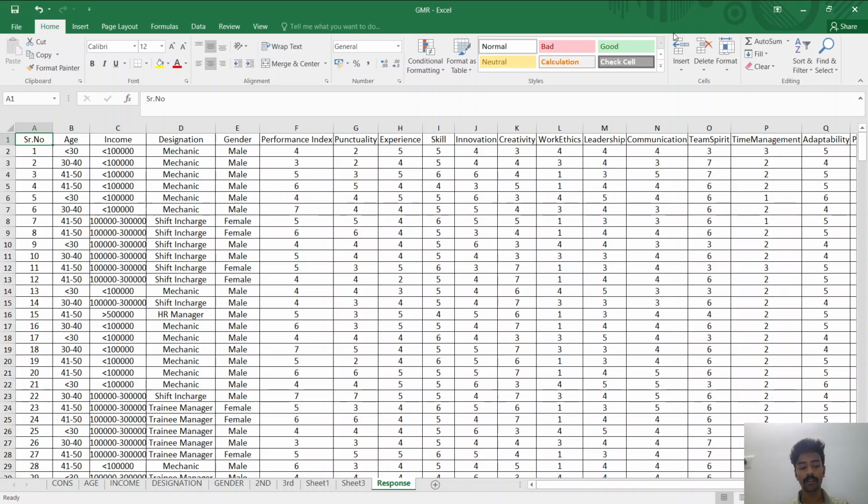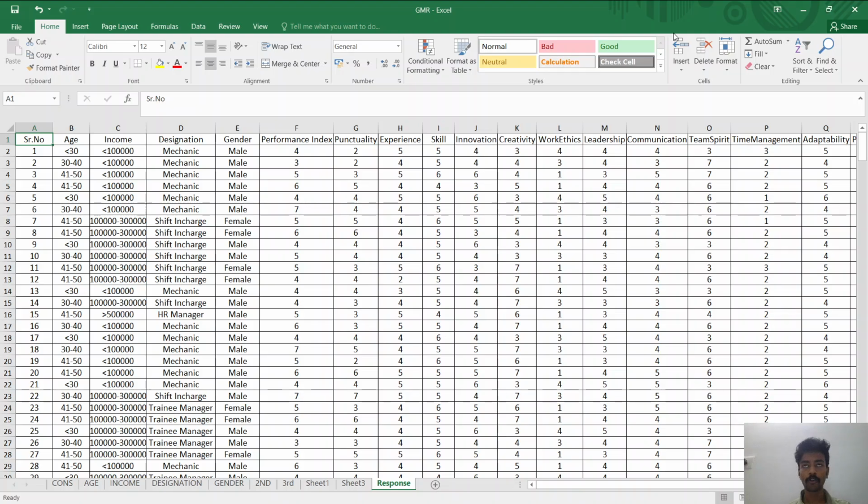We have been given an assignment on GMR on predictive analysis. The case study which we have been presented is with GMR Infrastructure. So let us begin now. So GMR Infrastructure. What we can understand from the given case study is that